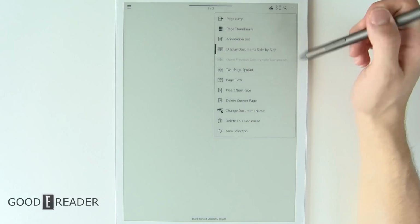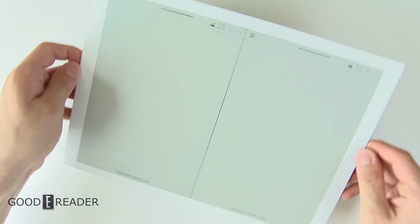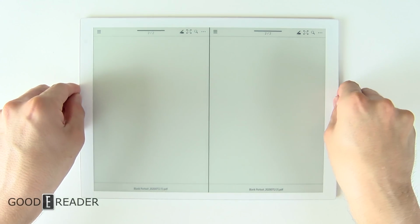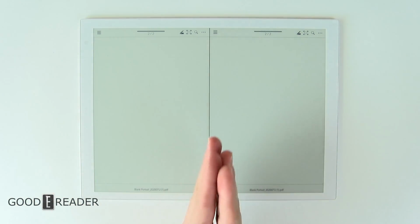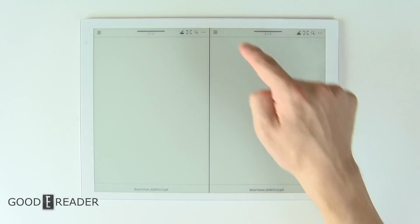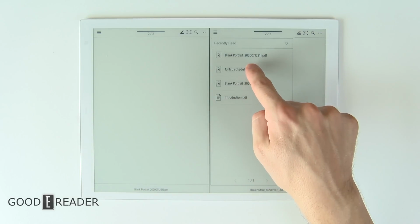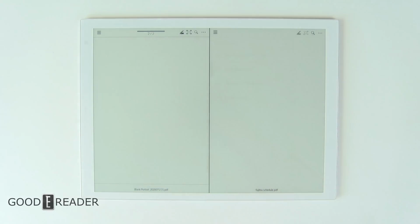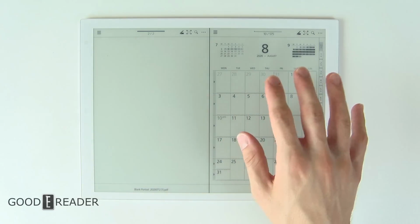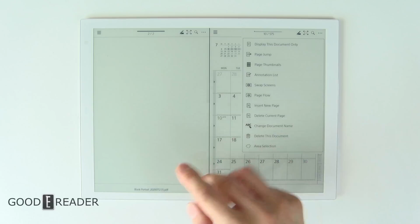The beauty of this is it is effectively split screening the entire UI, and that's why we didn't tape this down on the board, splitting the entire UI into 2 separate digital note-taking devices, and I'll show you what I mean. So right now we have our blank portrait page 2 on this side. We can actually choose our scheduler on the other side. You can choose any PDF on this side, any PDF on that side,